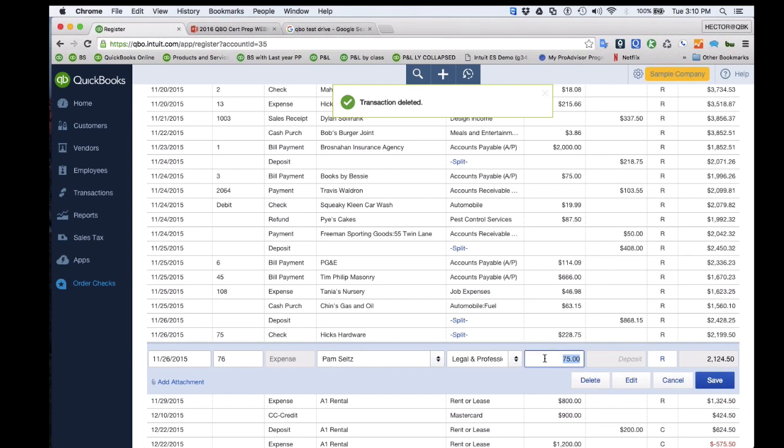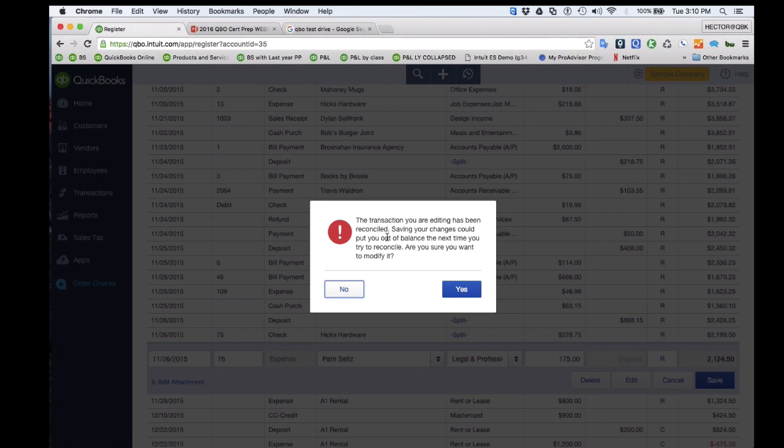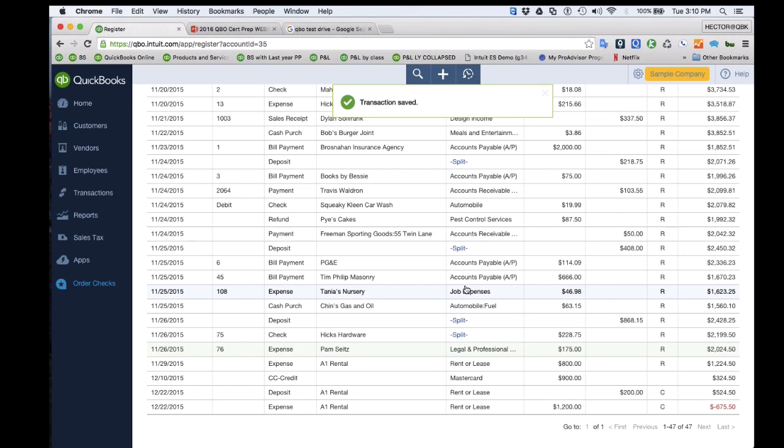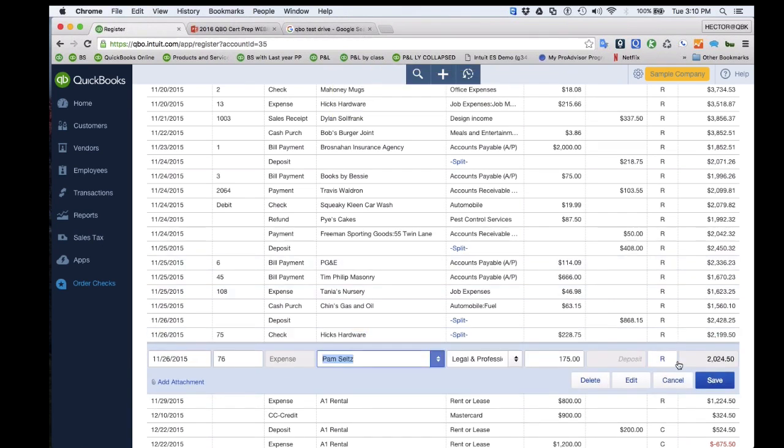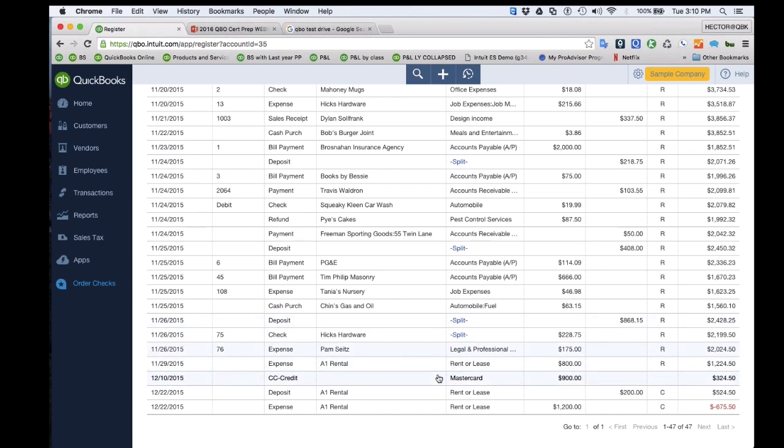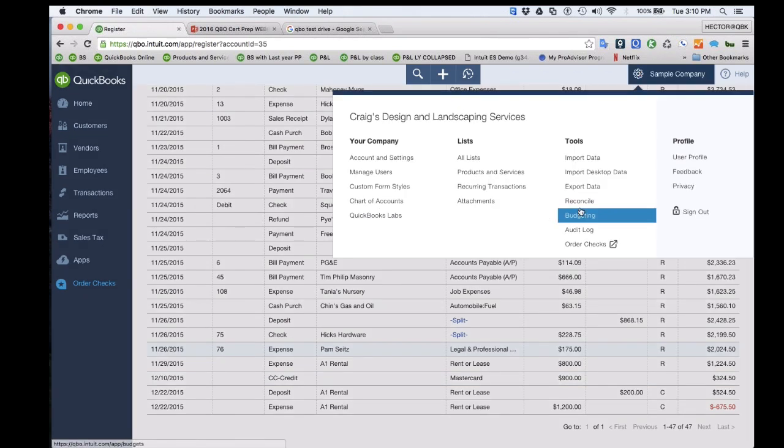Or if I take something and not delete it, but just modify it, so I'm just going to change the dollar amount here and put 175 and click save, I'm still going to get the warning saying you shouldn't be touching this. But, again, a lot of people just don't pay attention to these things, and then they'll delete something or edit something. So what's really neat about this is as I make changes to reconciled transactions, which is basically causing chaos, when I go back and try to reconcile